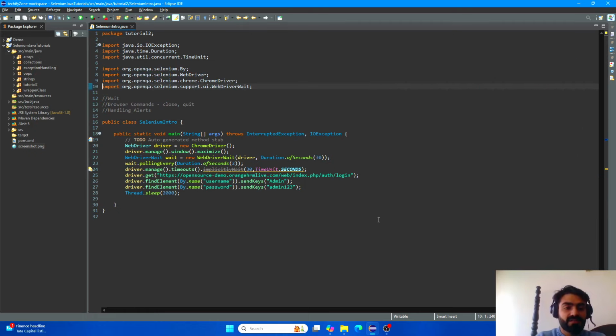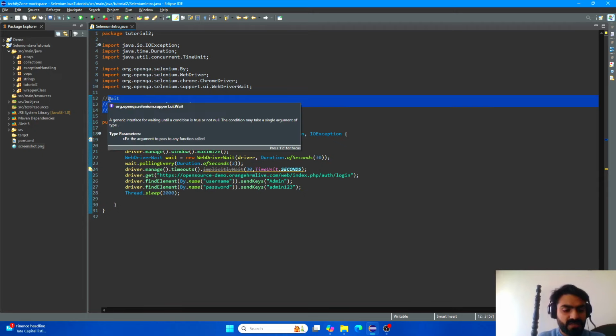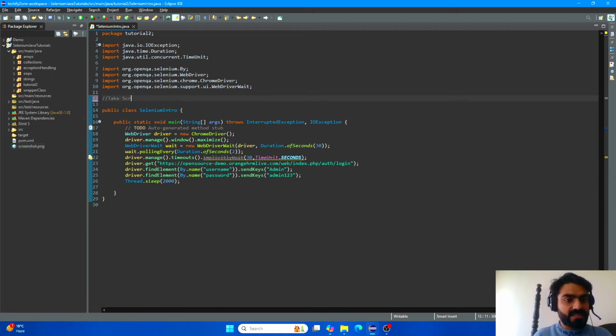So, in the last session, we covered the Selenium basic commands part 2, where we handled multiple windows using getWindowHandles, where we also saw the concept of close and quit, and where we handled alerts, your confirmation pop-ups, your browser-based alerts, where we can get the text, send the text, and accept or dismiss the alerts. Okay, so in the continuation of this session, we are going to talk about how to take a screenshot, and most importantly, how to run our scripts